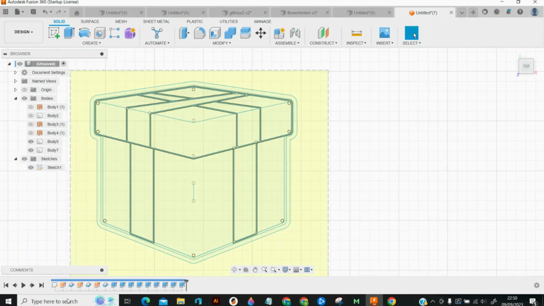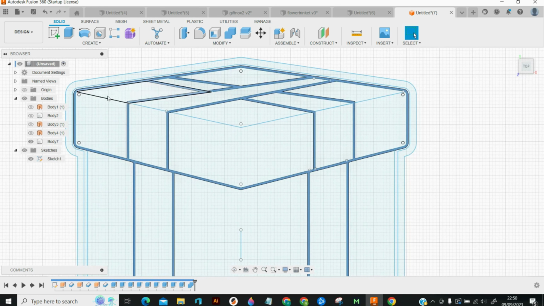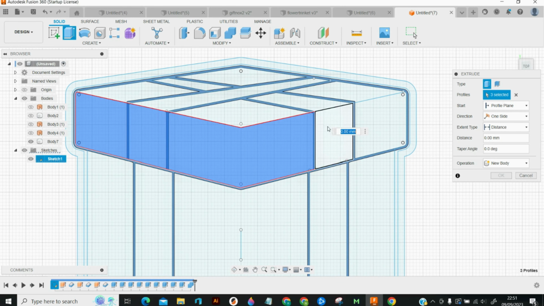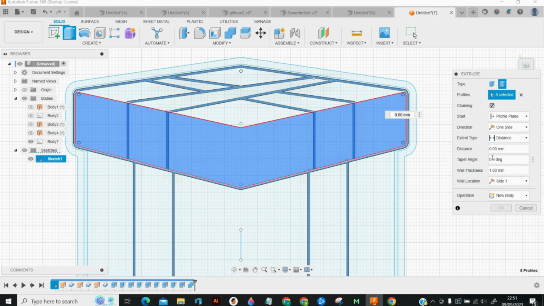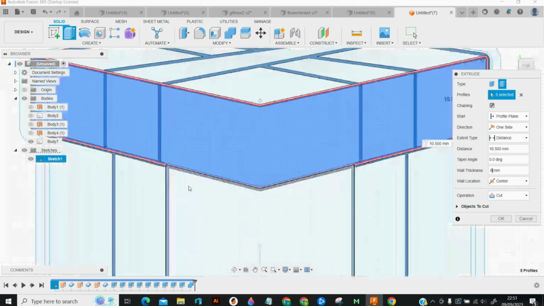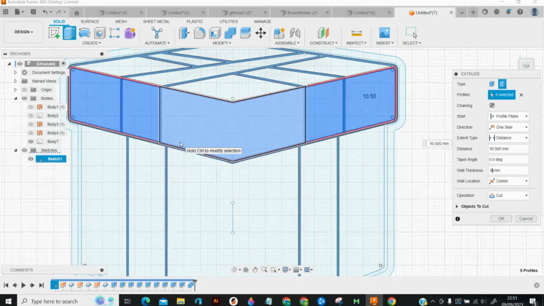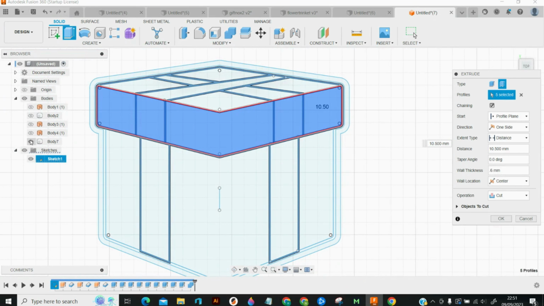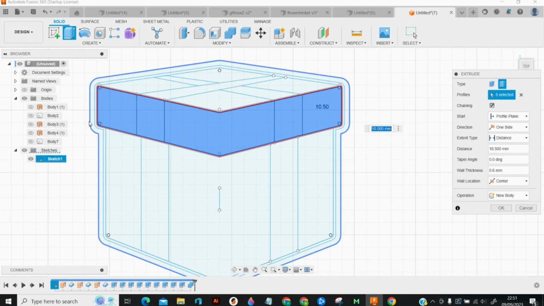We're going to merge these. So join. Okay, so this one's causing a little bit of an issue here because we want this as a symmetric line. So if I select here, it's going to, let me just show you now. So 10.5, and we want this center, and we want it 0.6. So the issue is it's causing an extra extrusion here that we don't want. So again, if we turn off this body,